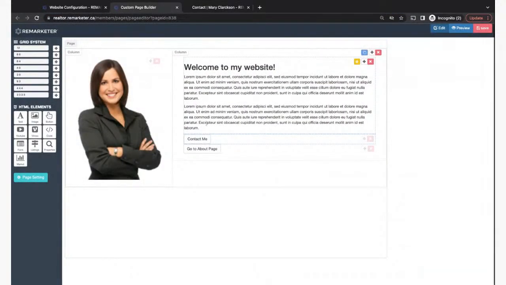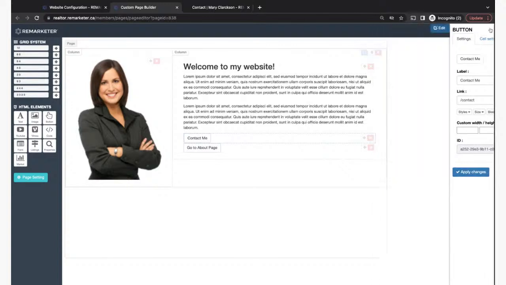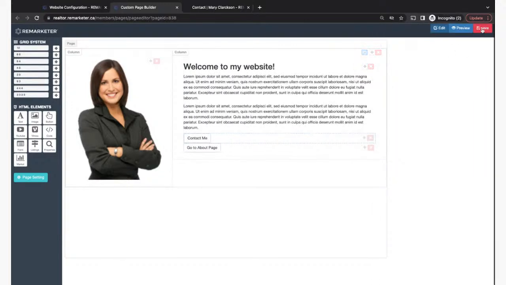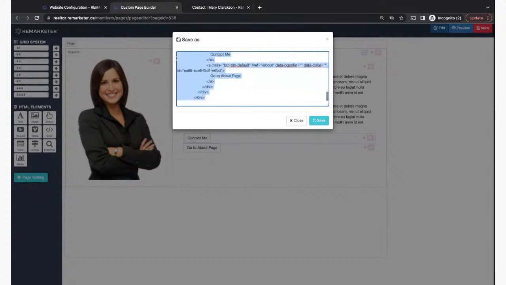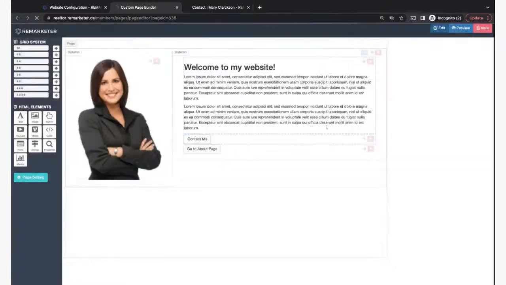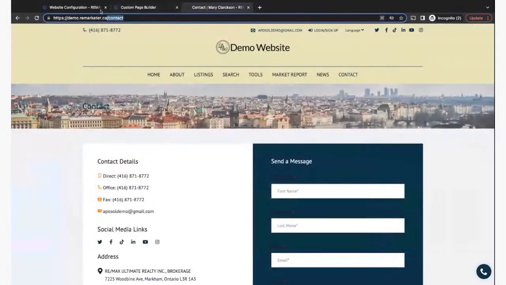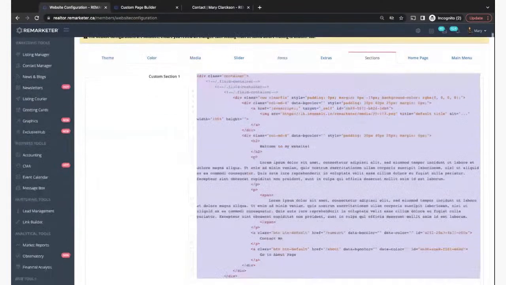Let's go ahead and correct it. So I have it available in the other tab right here. The contact me is going to be this. That was a typo that I had there. So I corrected it. What I need to do is to go ahead and save it. For every correction, you need to update the code. So I'm just going to copy the code here. And sorry, let's go back here. Remove the old one